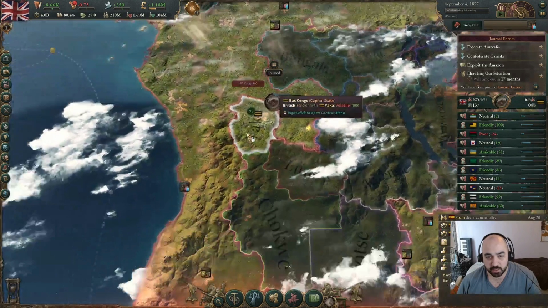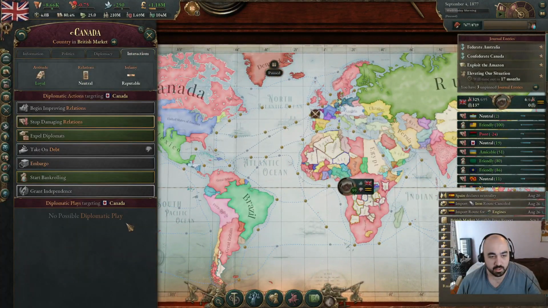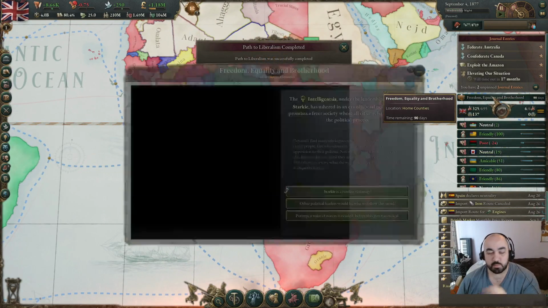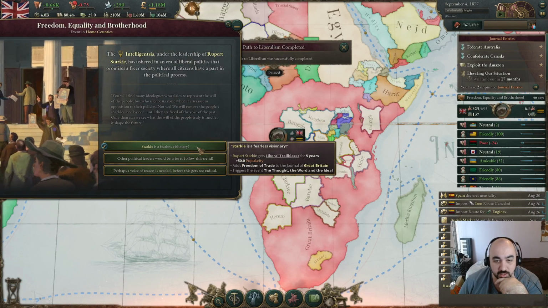Now, unfortunately, because this play is here, we cannot declare war. Otherwise, we would want to annex Canada. We cannot start a diplo play. We success path for liberalism. So this is really good because if I recall correctly...